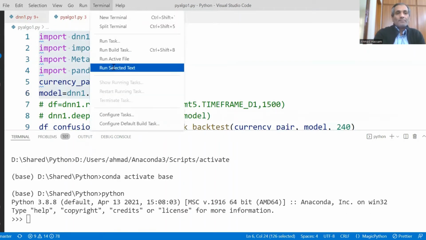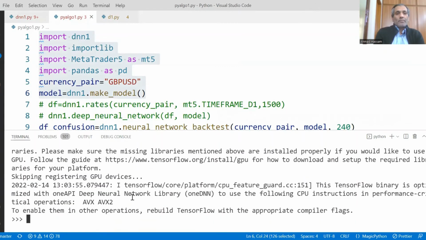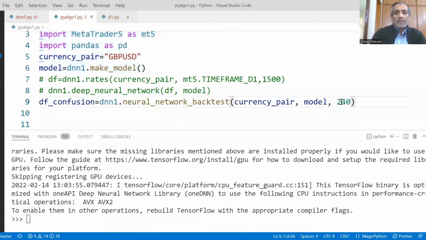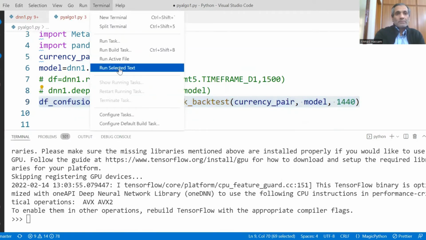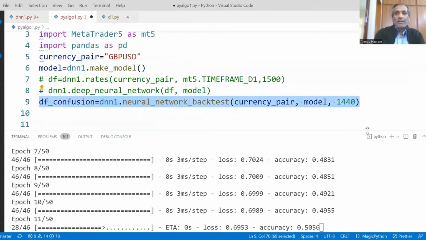Testing on pound dollar, using the TensorFlow library and this model. Build a model. Let's start the backtest for daily. It's about 1440 minutes. So the backtest has started.